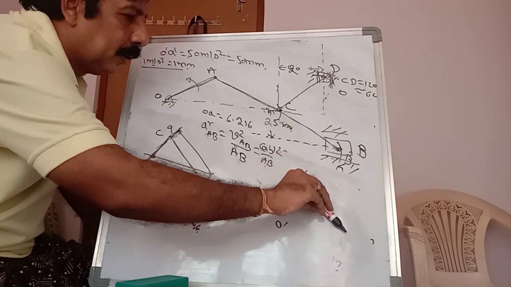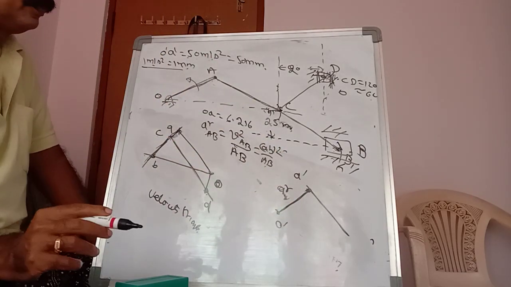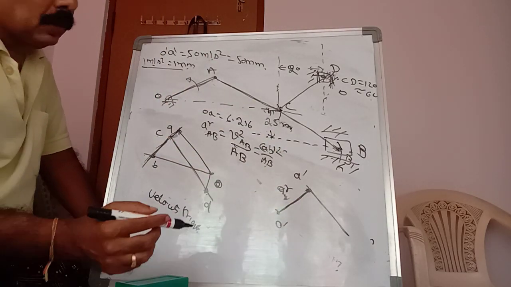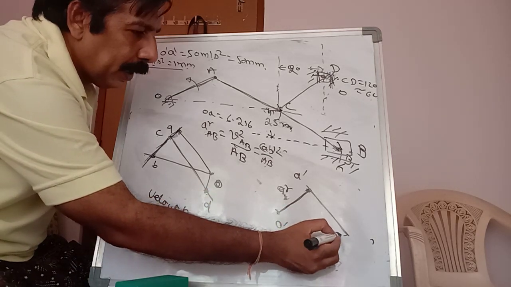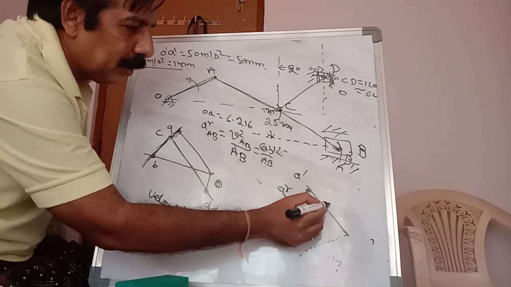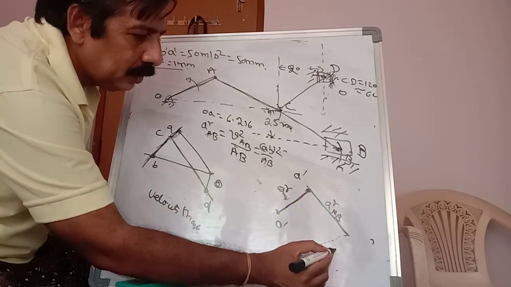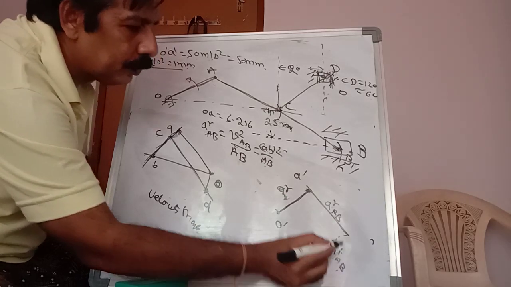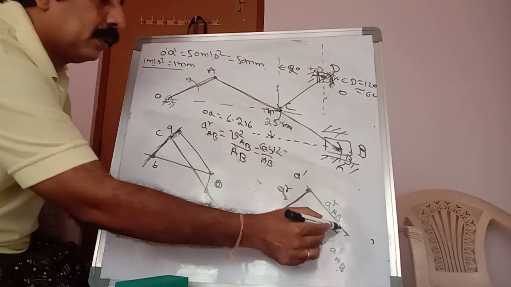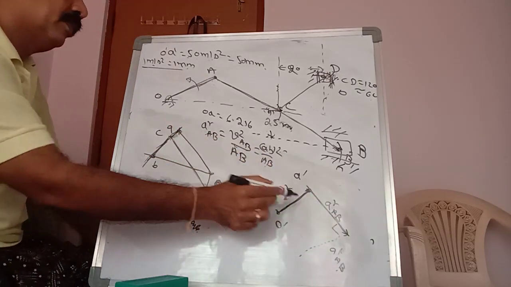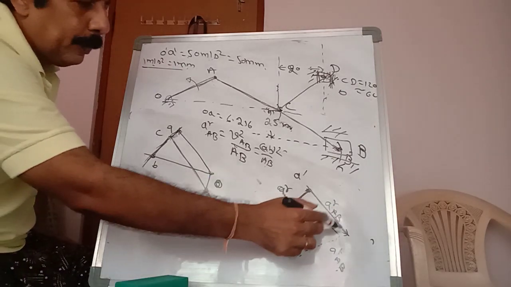So this is the line. Always, radial components are parallel. And you have to draw a perpendicular line, which is the tangential component. This is the radial component of AB. From this, the tangential component of AB is perpendicular to this line. But you don't know the length. We know the value of ARAB, but we don't know the tangential component length. So you have to draw a perpendicular line.